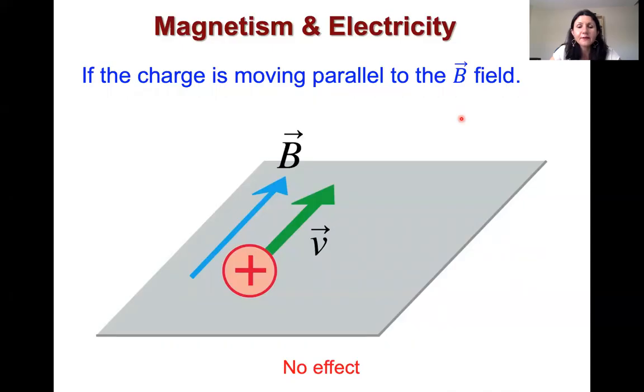If we had a magnetic field, and if our charge was moving along the side of a magnetic field, again, there's no effect. So it doesn't do anything. This charge does not feel this magnetic field. There's no force. It just keeps on moving in a straight line. However,